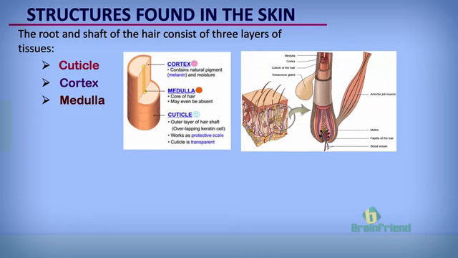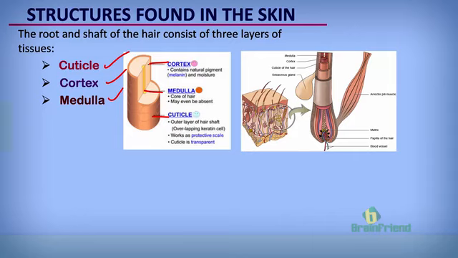So if you pick the hair strand and examine it through the microscope, you will discover that it has these different layers. These layers are the cuticle, the cortex, and the medulla. A cross-section of the hair strand will reveal all of these layers. We can see the cuticle is the outer layer, the cortex is the middle layer, while the medulla is the